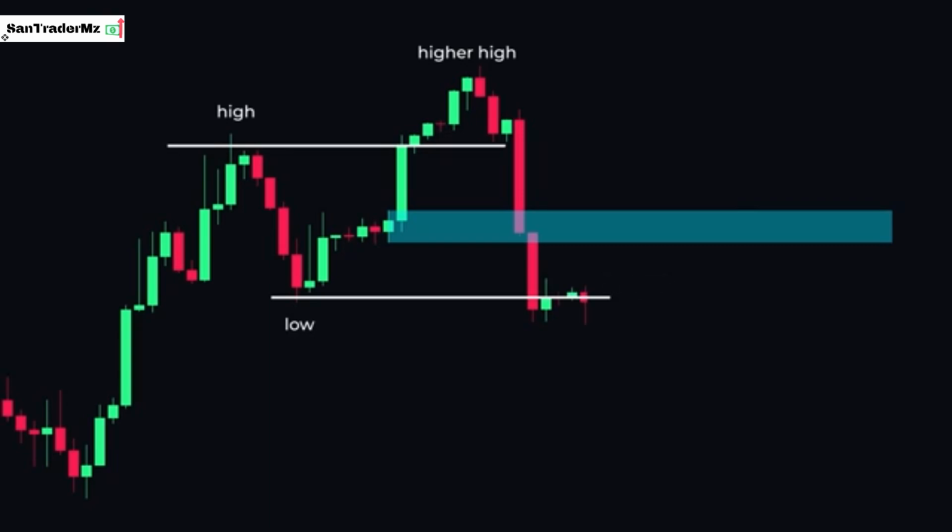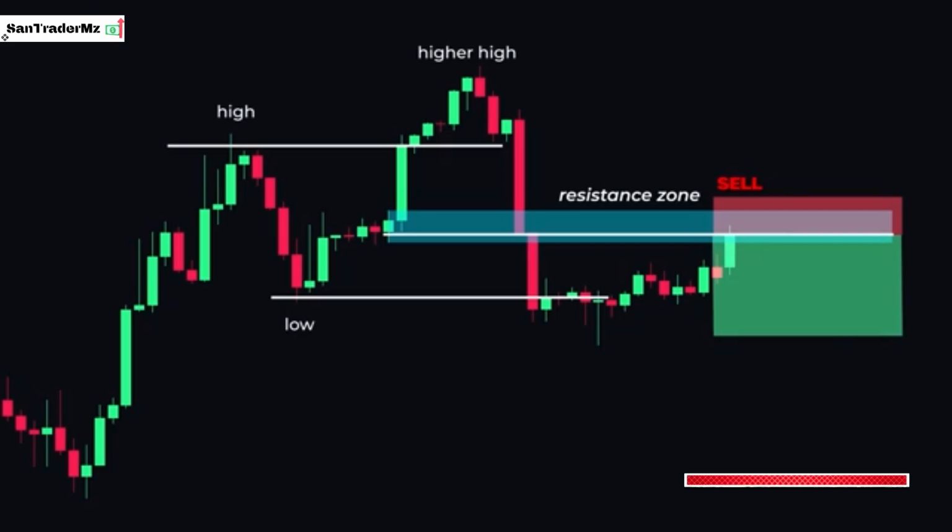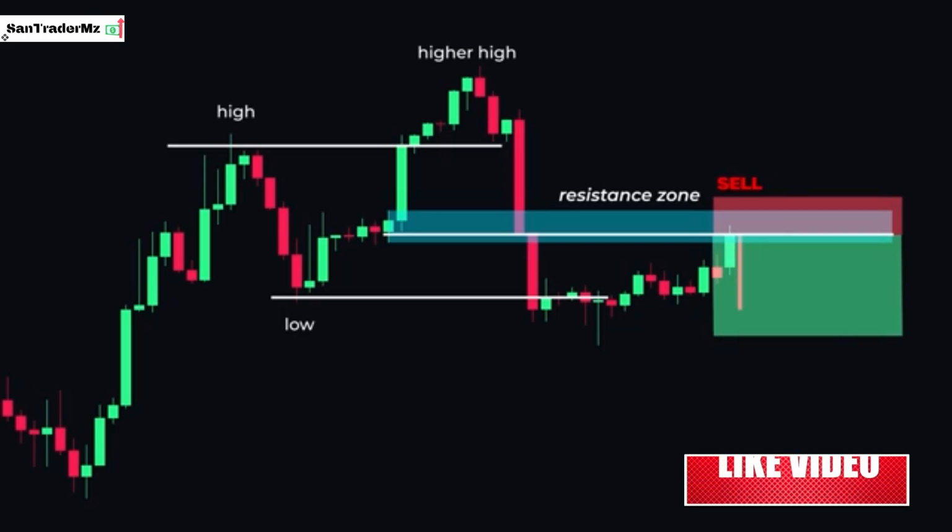Now, as the price retraces back toward the previous order block, it can now act as a potential resistance zone. This is a prime area to open a short position. Then, place your stop loss slightly above the breaker block and set your take profit at 2 times the size of the stop loss. And as you can see, the price rejected this order block, hit our target, and resulted in a nice